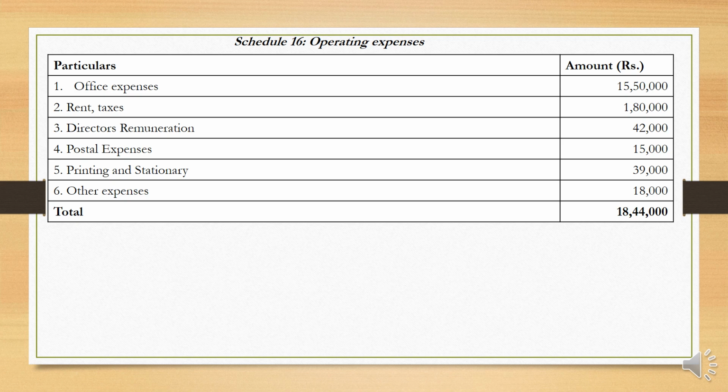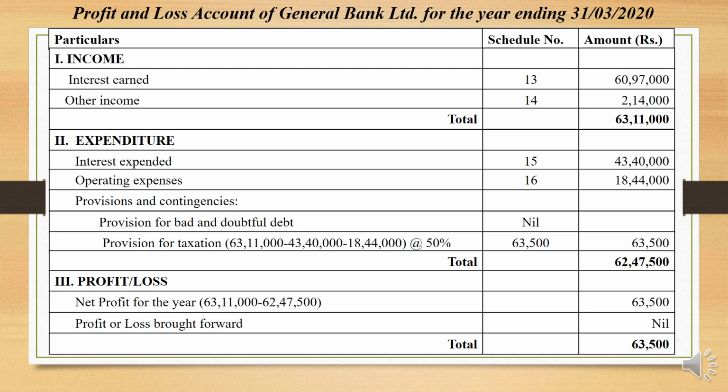So then we will prepare the profit and loss account. So this is the profit and loss account. Look here, we have simply copied them from there. So interest earned 60,97,000, then schedule number 14, other income 2,14,000, so total income is 63,11,000. Similarly, expenditure, schedule number 15, interest expended, so 43,40,000 and 18,44,000. So then after deducting these two items from the total income 63,11,000, whatever balance we are getting,